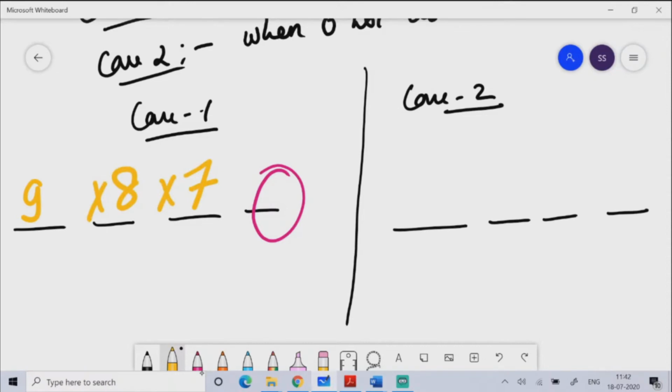Fine. Here, if 0 is not at the unit place, then how many digits can come here? The digit can be either 2 or 4 or 6 or 8, so 4 digits can come here. Here at the thousand place, how many digits can come? 8 digits can come. Why 8? Because 0 cannot come and the digit you used cannot come. Total 10 digits are there in the decimal system. Out of 10 digits, 2 cannot come: the one you used in the unit place and 0.